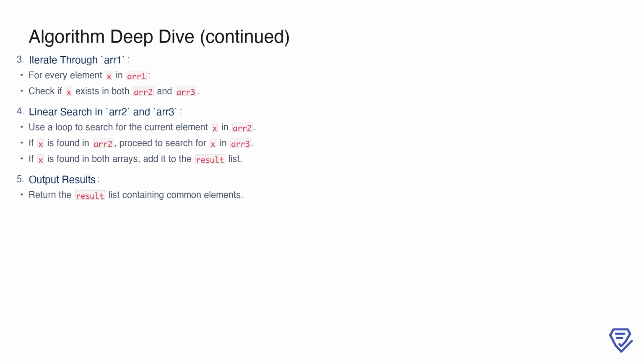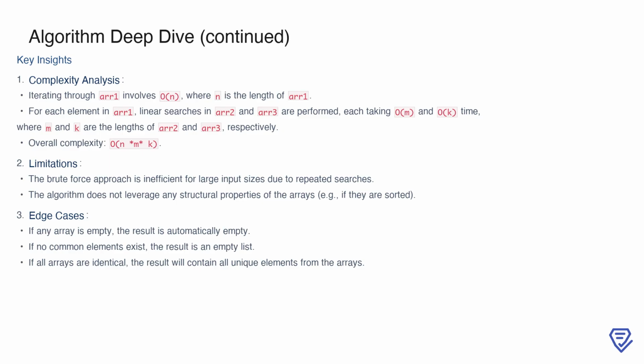After processing all elements of ARR1, the final step is to return the result list, which now holds all the common elements. While this approach is simple and intuitive, it relies heavily on repeated searches, which can make it inefficient for larger input sizes. When analyzing the brute force approach, we see that its time complexity can become a bottleneck